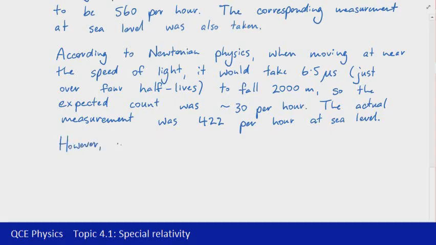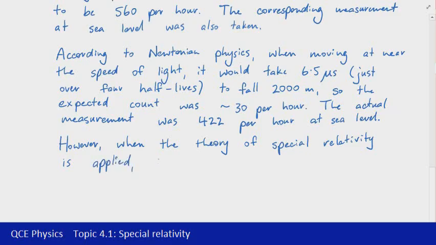When the theory of special relativity was applied, the measurements that they recorded matched with the predictions of special relativity. Now there are a couple of ways to consider this scenario, and we won't go into any detail here because we'll cover it later in some of the particular phenomena that we're dealing with. But the two things to be aware of is, one, that the measurements from Earth record the half-life as being longer. So it looks like the time of the muons is actually stretched out,